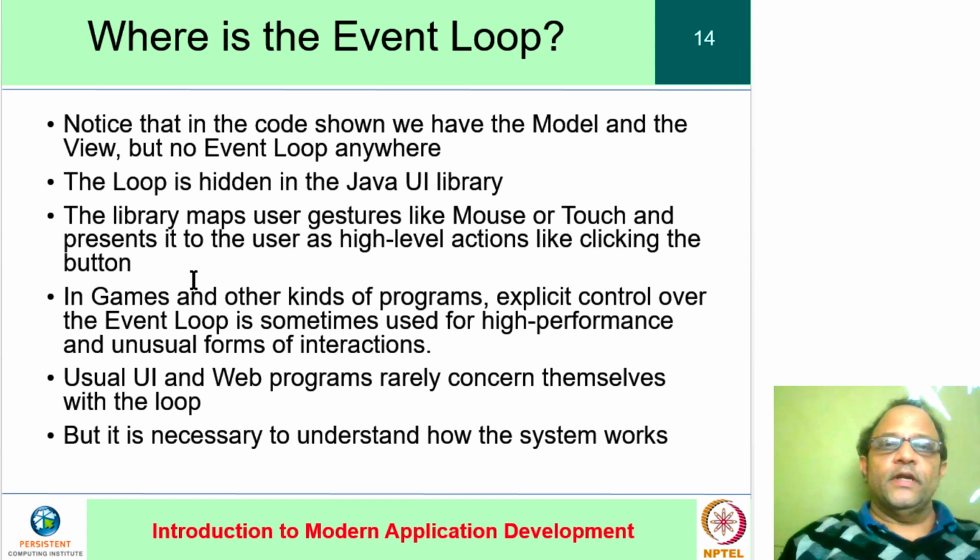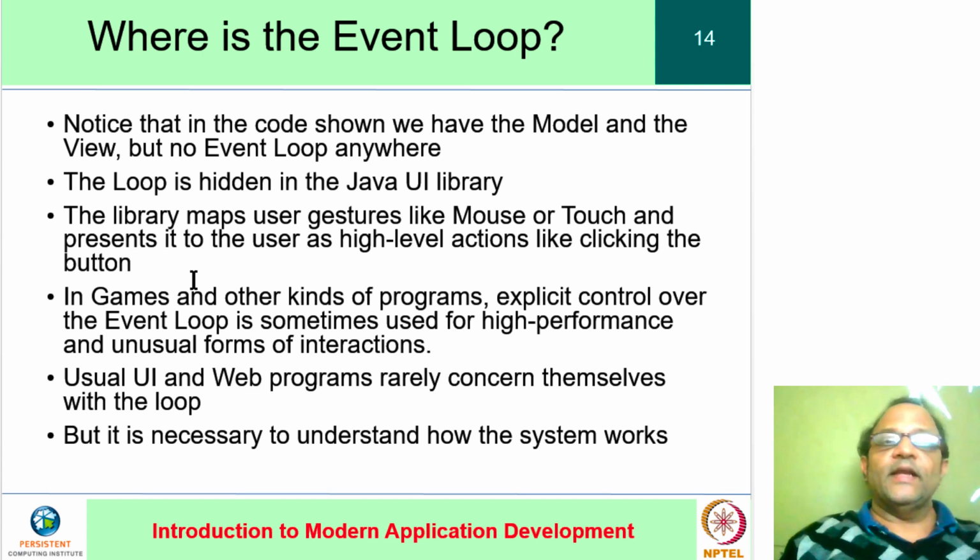Then when it knows where the mouse is, with the help of the operating system and the underlying toolkit, it does some calculations to figure out if a mouse clicked in a particular place on the screen corresponds to a button press, and if it is, then it triggers the button pressed event. So this is as if the raw event loop is converting low-level events into high-level events that are suitable for our application. And indeed, we can pretend that the low-level event loop in fact doesn't exist at all as far as the application is concerned.